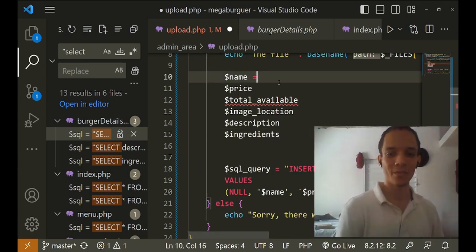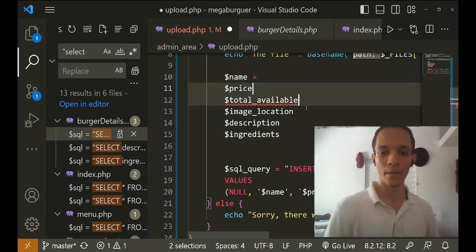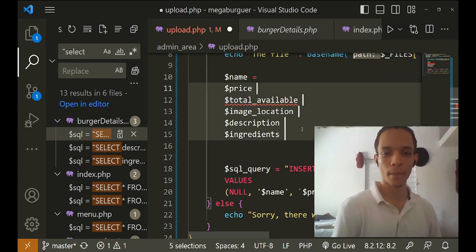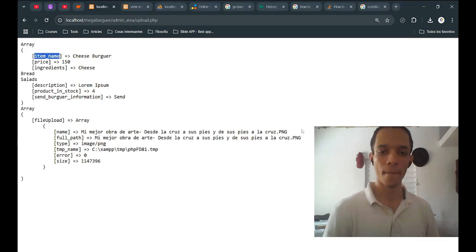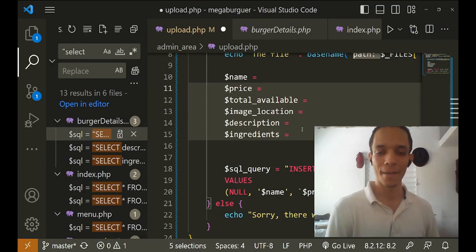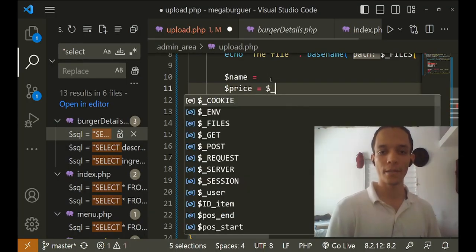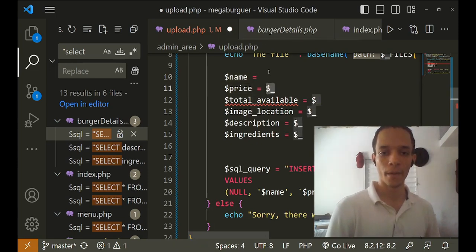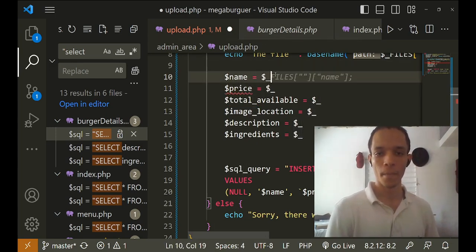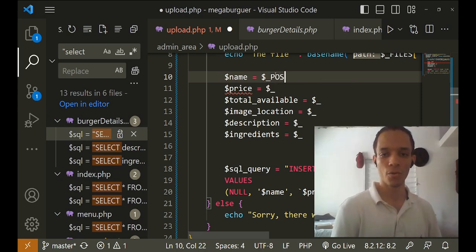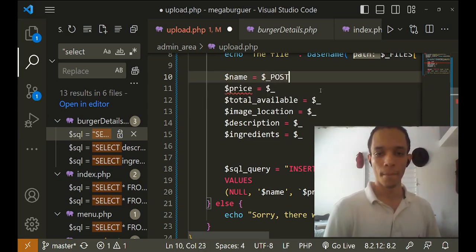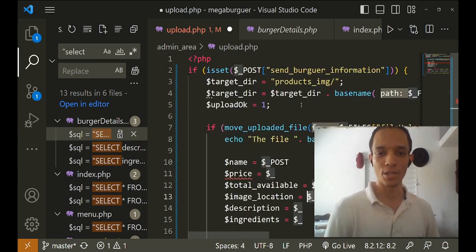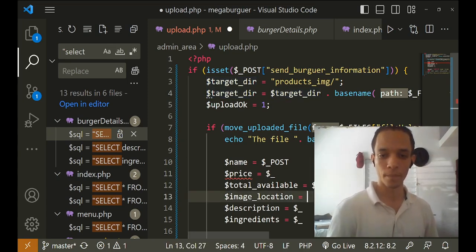and now I am going to make the equal sign, and the cool part starts now. We want to say post, but the image location is just saved here. Post,